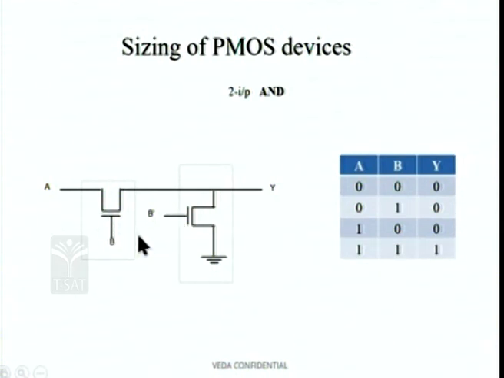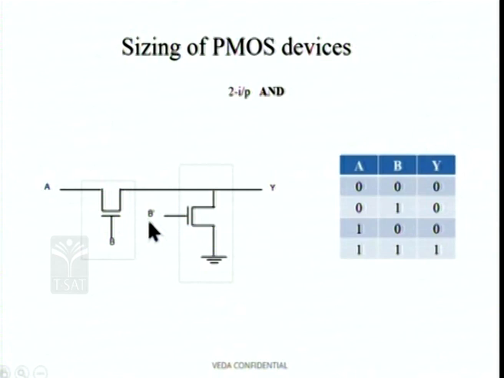And it is not always that PMOS and NMOS devices must be used in the implementation of a logic function. We can implement a 2-input AND gate using this also. Now what happens is, this is an NMOS device and this is also an NMOS device. This is the logic input A, this is the logic input B, and if you are able to see, this is the logic input B prime. Now you may say, where has B prime come from? B prime means B bar, the logic negation of B, which is being taken from some place in the VLSI chip where B prime is available.